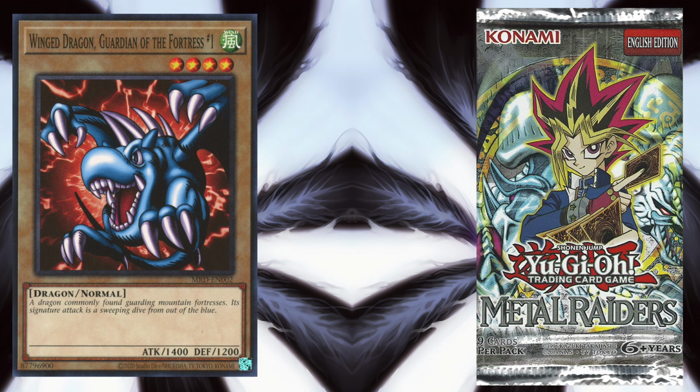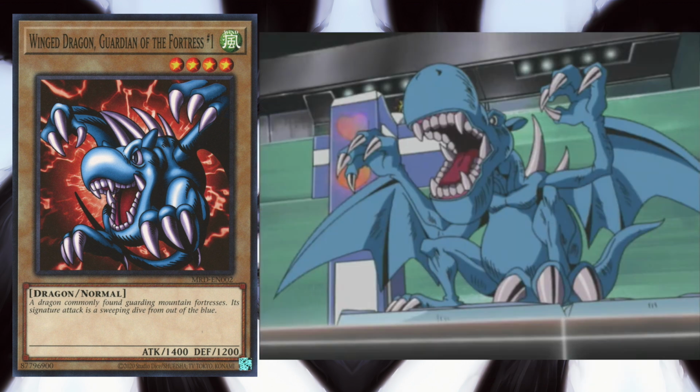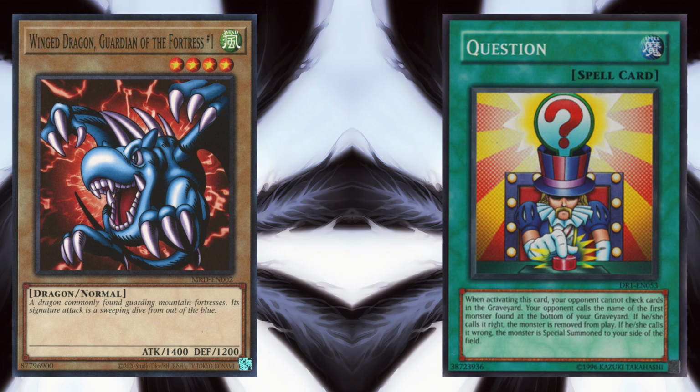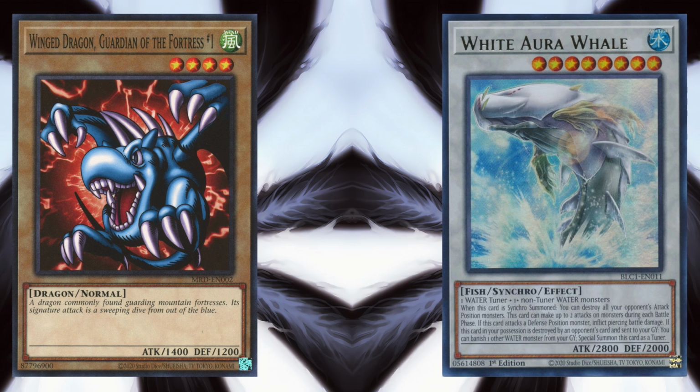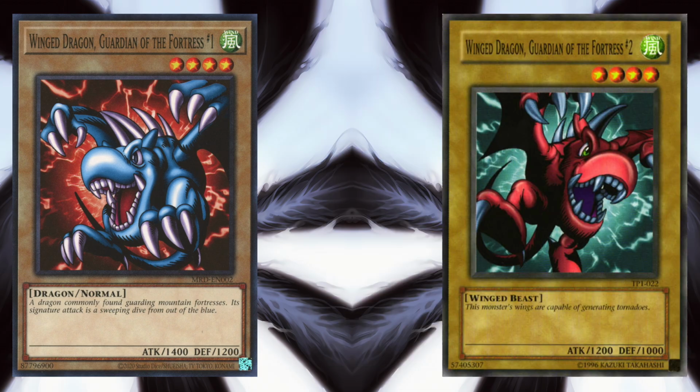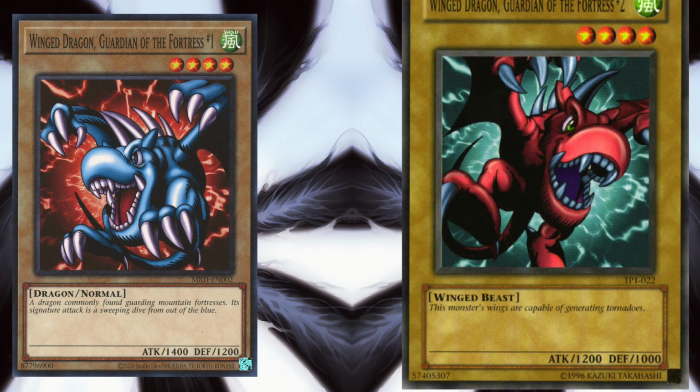Surely it has to be in these Metal Raiders packs somewhere, yet they never said the number 1 from its name in the anime as well. Maybe it was standalone. This alleged number 2 was my white whale for a while, until I just googled it one day and was like, neat, it's red. It's a pretty standard normal monster that's not worth playing,